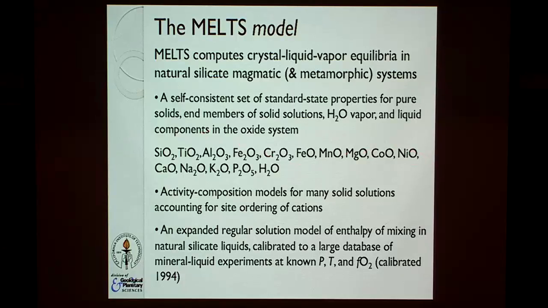You don't always have all of these components, but if you're interested in natural silicate liquids, okay, that you can measure with a microprobe and try to understand, you're going to be interested usually in silica, TiO2, Al2O3, iron at some redox state, maybe chromium, maybe manganese, magnesium, calcium, sodium, potassium, maybe phosphorus, maybe water, right? Usually we have 10 to 12 oxides running around that we care about. So these are much more complicated systems than the 3, 4, 5, 6 component systems that we use as models